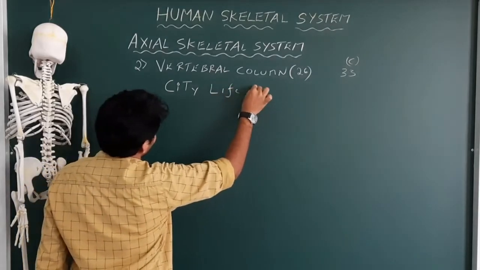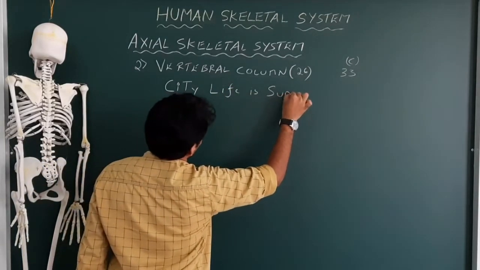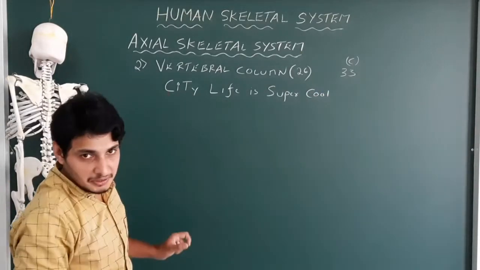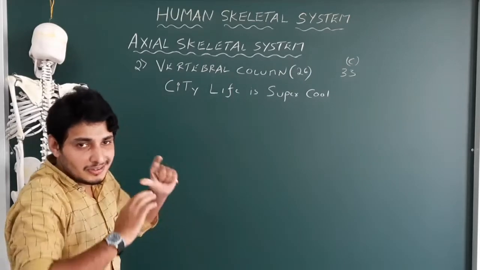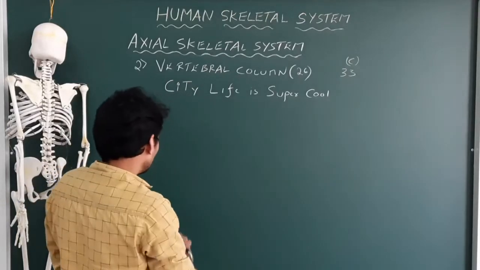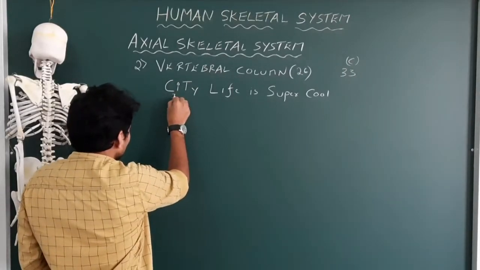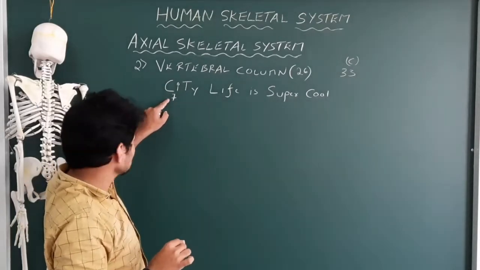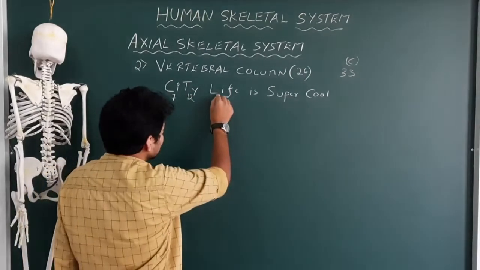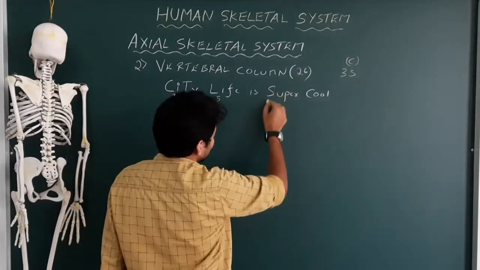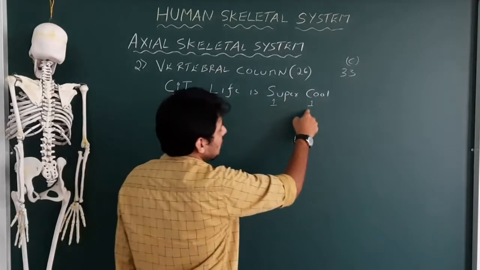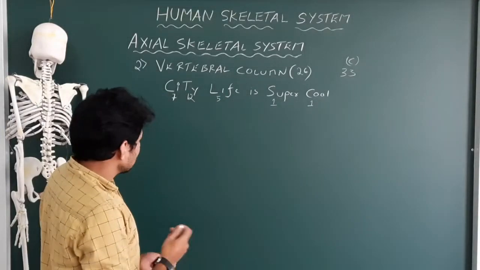City life is super cool. It's very simple. You remember it. You can easily remember or recall the number or types of vertebrae in order. City life is super cool. Okay, let me just write here. So 7 just below C, and T contains 12. Okay, and L is having 5. Okay, S is 1, C is 1. You count it now. 19, 24, 25, 26. Let me just write what is the meaning of this city now. C.